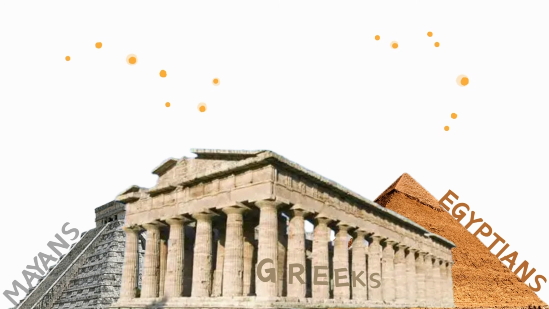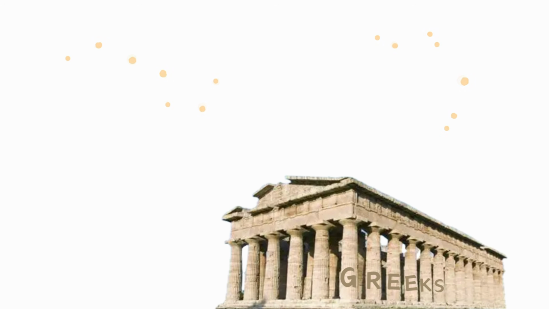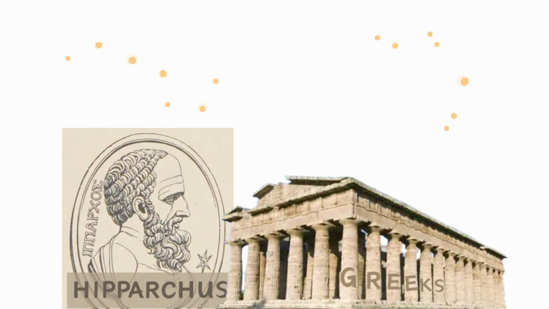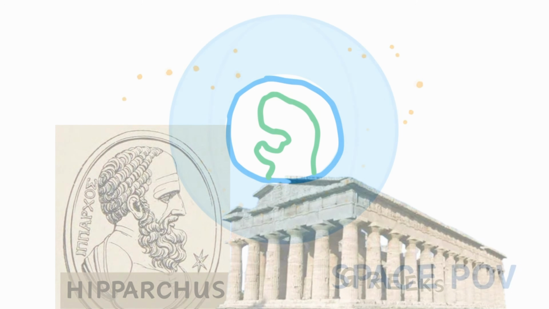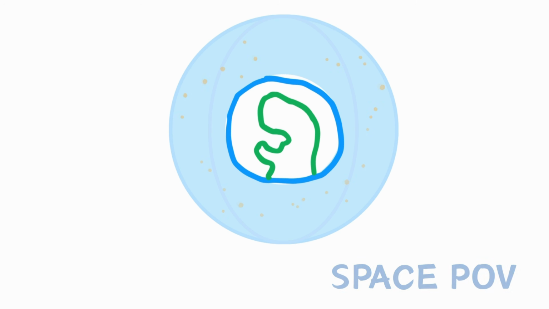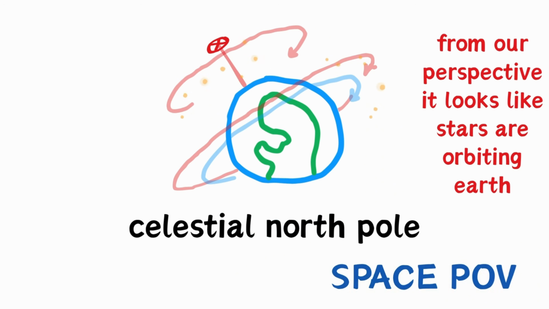Thus, it is only natural to ask, how do you know where a star is? Somehow, you have to pinpoint its exact location and write it down. To achieve this, the Greeks used a coordinate system likely developed by the great ancient mathematician Hipparchus of Nicaea. The Greeks thought of the night sky as a giant sphere. To plot a star on the sphere, one must find the celestial North Pole. Since the Earth spins around like a top, this North Pole is the region in the sky that the stars